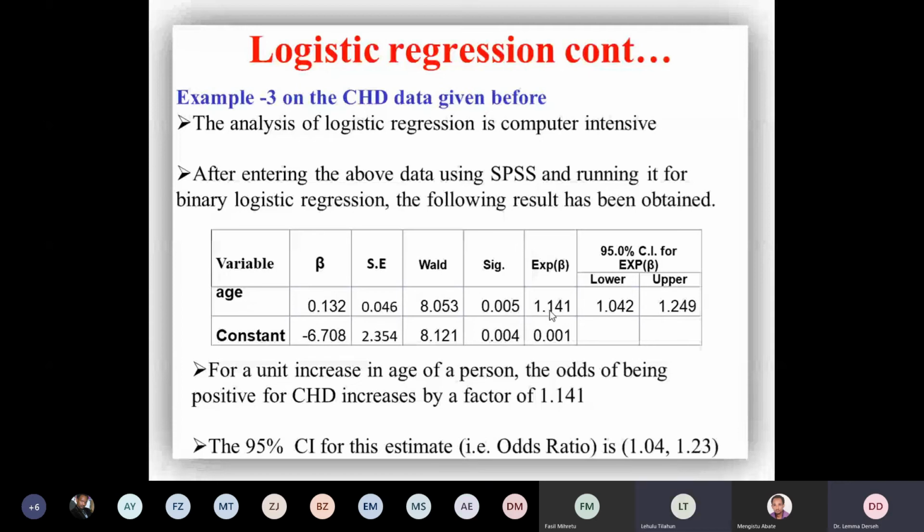ዶክተር ጥያቄ ልጠይቅ እዚህ እሺ ዋልድ እዚህ ጋር ምንድነው ሊያሳየን የሚችለው ማለት exponential beta እና confidence interval 95% significant ነው ዋልዱ non significant የሚያደርግብን አጋጣሚ ሊኖር ይችላል? ይሄ ዋልዱ የሚያሳየን z ስኩዌር ነው ብያለሁ ቅድም። z ስኩዌር ማለት ወይም t ስኩዌር ማለት ካይ ስኩዌር እንደማለት ነው፣ ለ1 ዲግሪ ኦፍ ፍሪደም አክቹአሊ ካይ ስኩዌር እንደማለት ነው